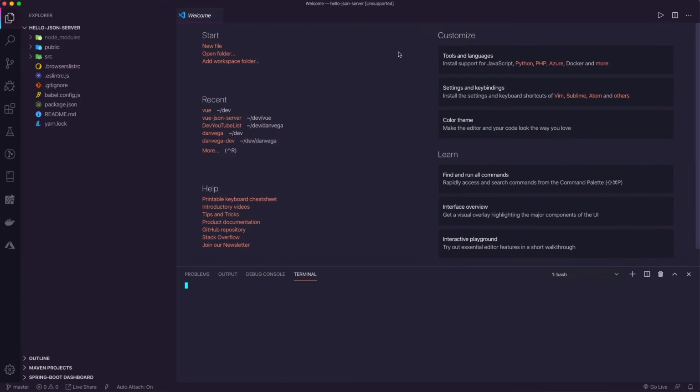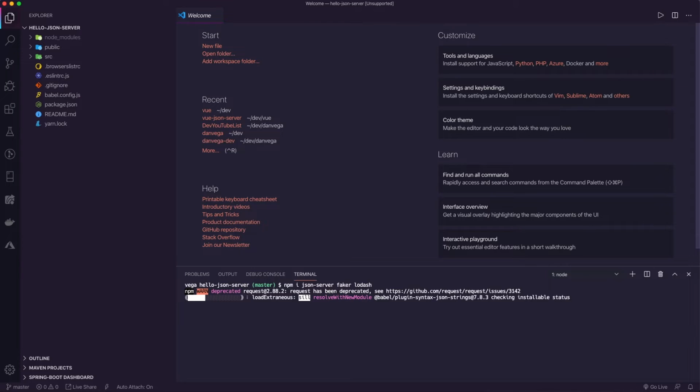All right, so the first thing that we're going to do is actually install a few dependencies. So we're going to npm install a couple things here: JSON Server, a service called Faker, and a package called Lodash. That is going to install those 3 dependencies for us, and we're going to first use them to generate